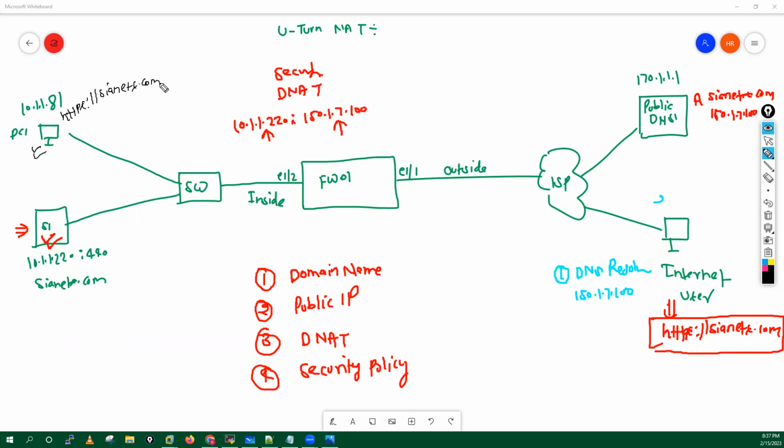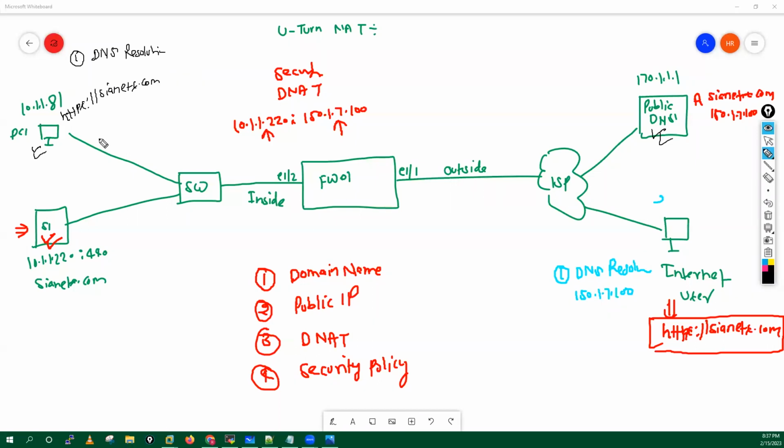Now when I put this URL in the browser, what will happen? First, DNS resolution will happen. So guys, this DNS request will reach the public DNS from this PC, and it will get the IP